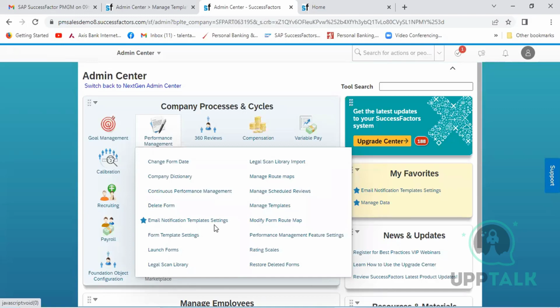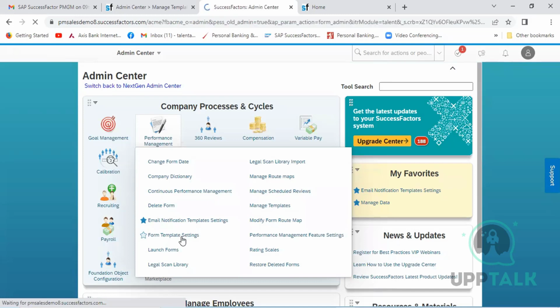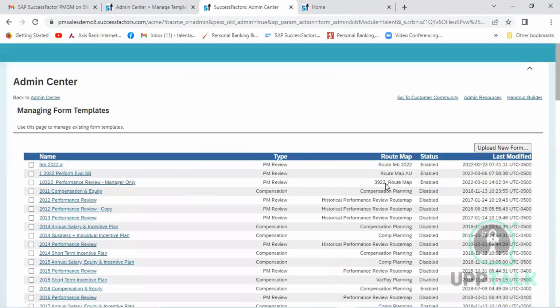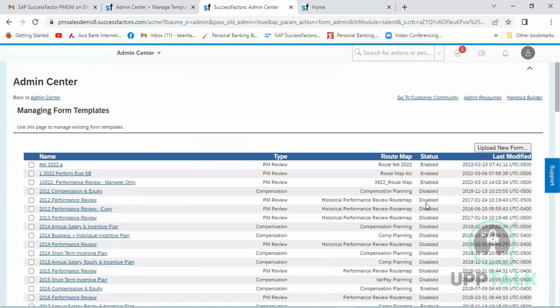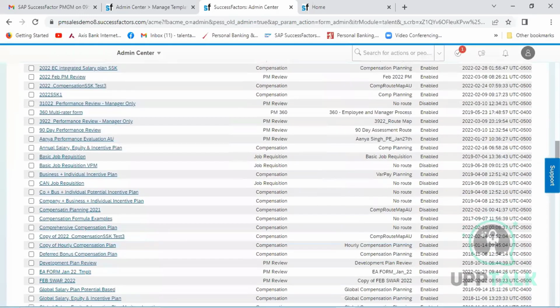Under the company setting, we've even seen a lot of templates. That is the thing. Form template setting. If you want to enable or disable any particular form, see the status of the form is no. See, managing the form template. So you can enable or disable it. How can you do it? You can select, suppose